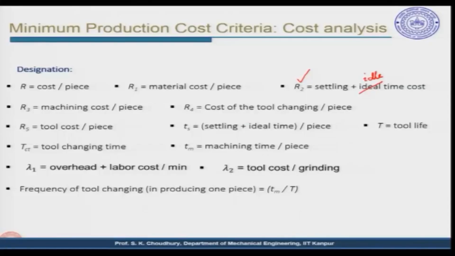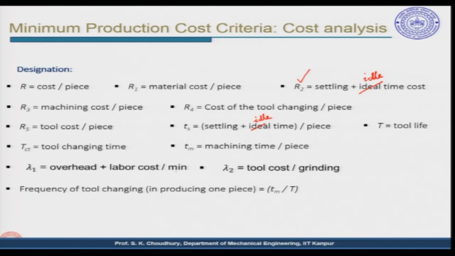Ts is the settling plus idle time per piece. Now, settling plus idle time we have seen here, this is the cost we are taking, but here Ts is how much time is being taken per piece. Capital T we will take as the tool life, TCT as the tool changing time, and Tm is the machining time per piece. Okay. Now, lambda 1 we will take as